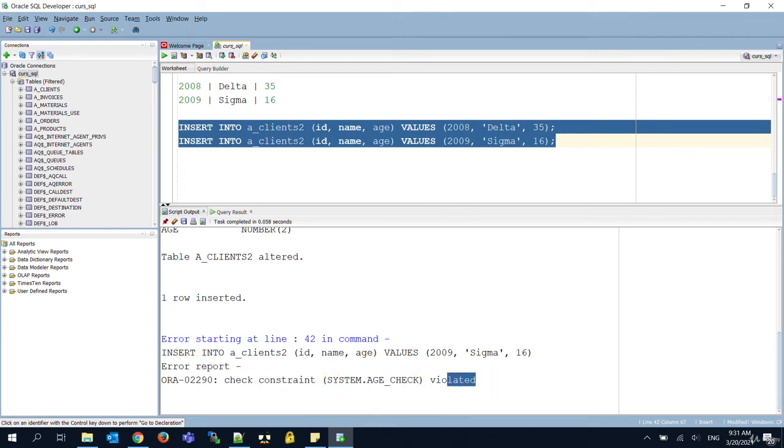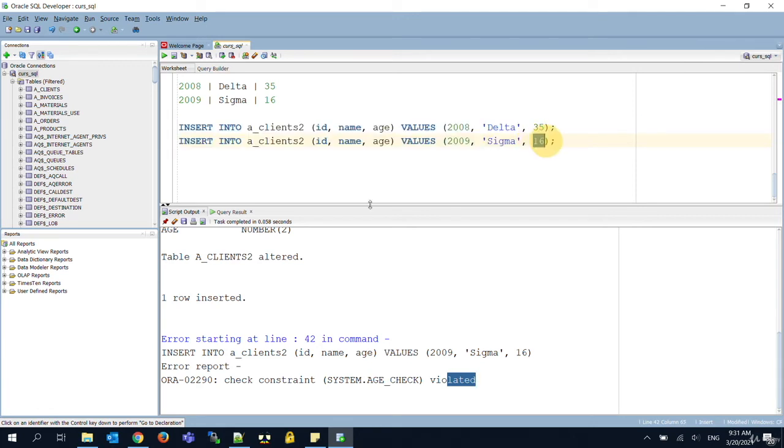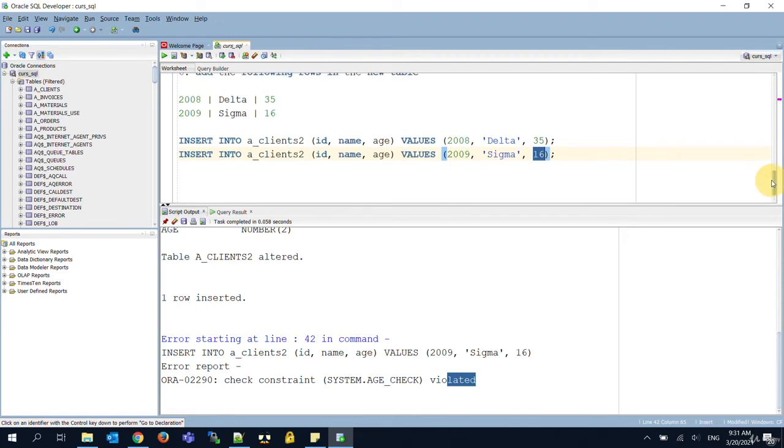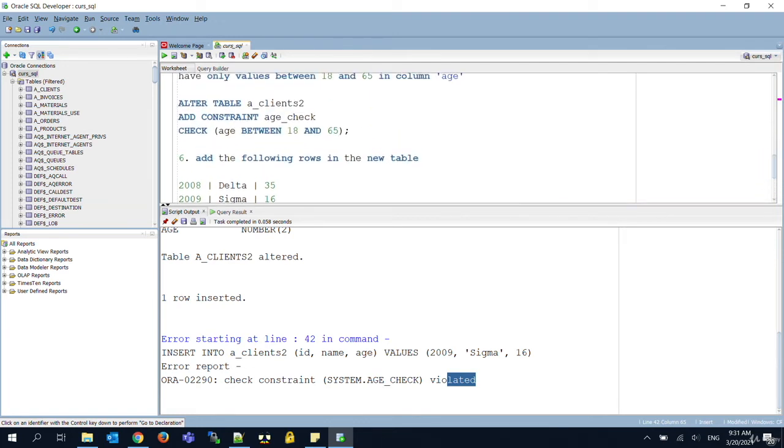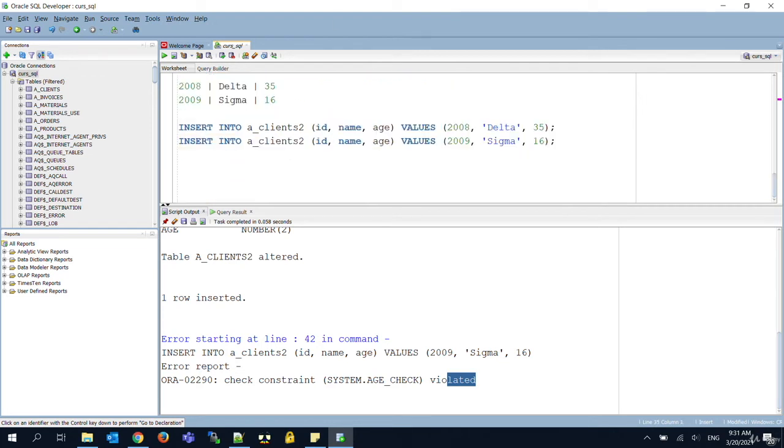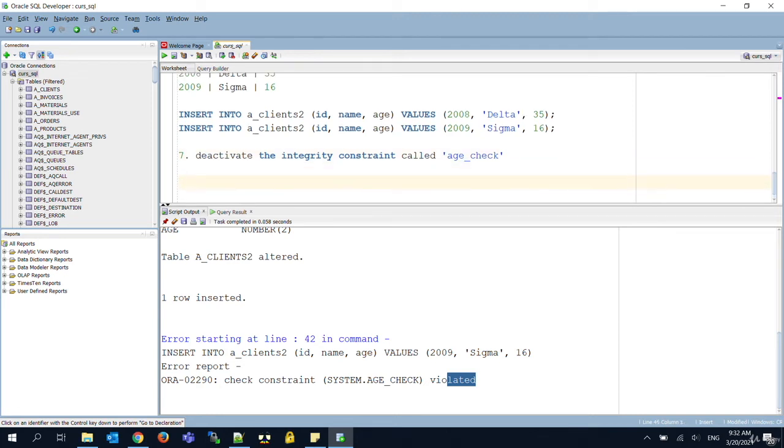So we tried to insert an age of 16 after we enabled a check constraint that says the age should be between 18 and 65. We will leave it like this for now and move on to the next exercise, which says deactivate the integrity